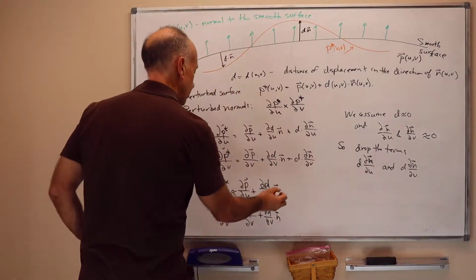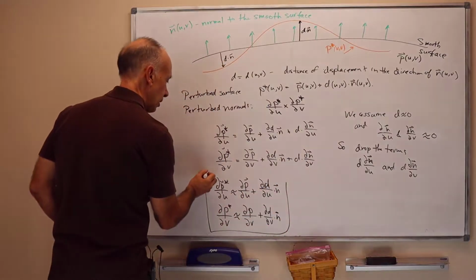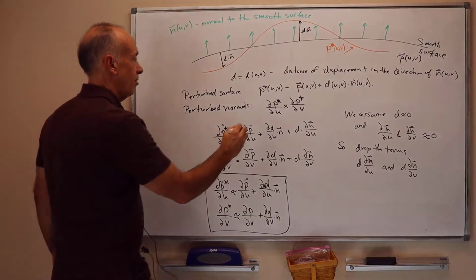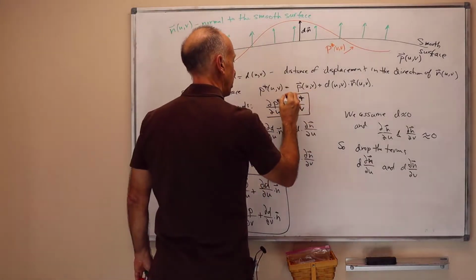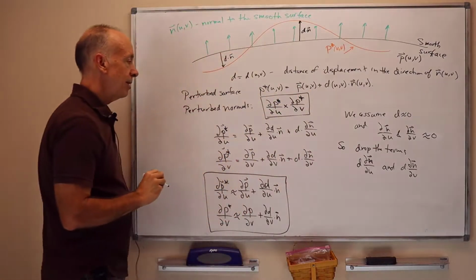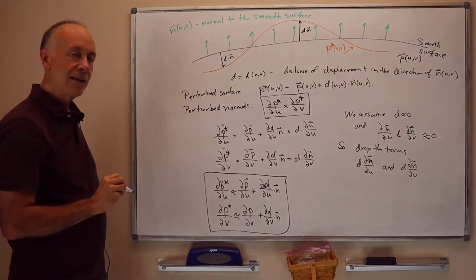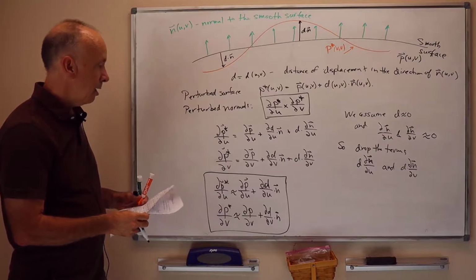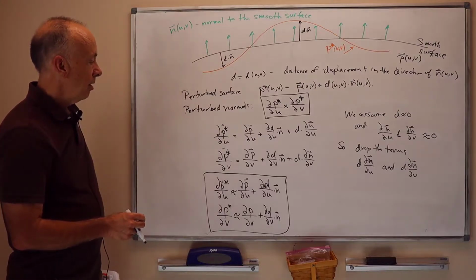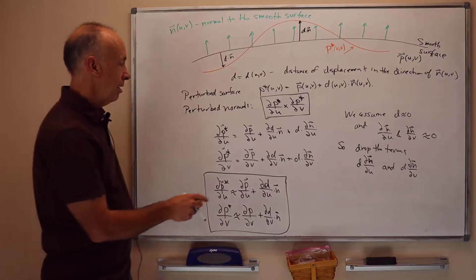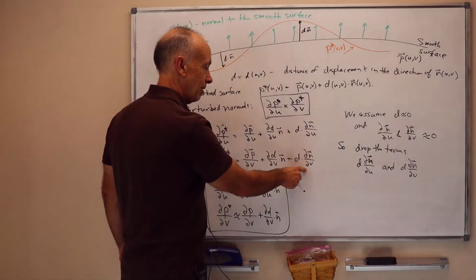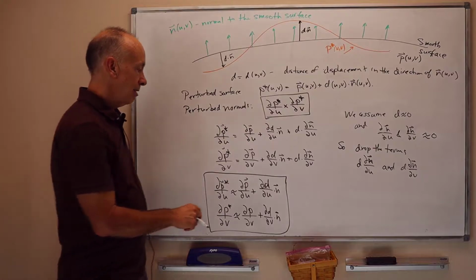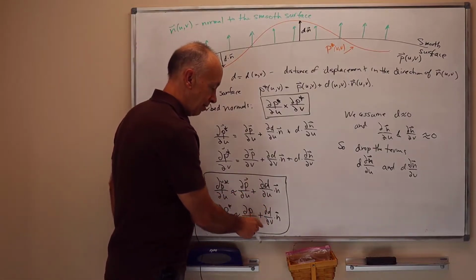And now, these are our formulas for the partial derivatives, and here are our formulas for the perturbed normals. This is what is used to generate those red normals that I drew on the previous whiteboard image. So notice that this means we don't need the partial of n with respect to u or the partial of n with respect to v. Those terms are just dropped. We do need to know the partial of d with respect to u and the partial of d with respect to v,